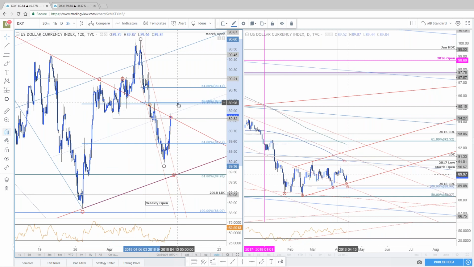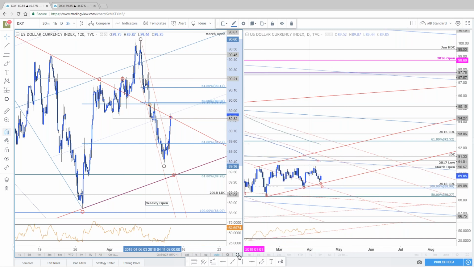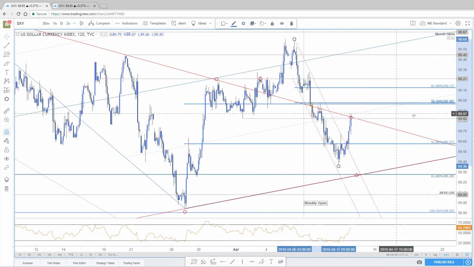Otherwise, past 88, let's just call it 90, it's anyone's ball game at that point. You basically just set a very large monthly opening range, and you're sitting right slap in the middle. So dollar could see a little bit more upside, but ultimately I'm looking for this to get a little bit tired. I told you last night in the update, I'm not really fond, guys,